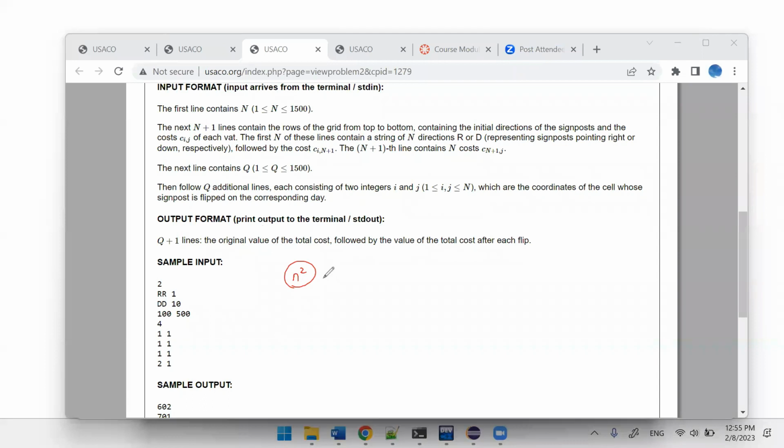If you do Q such queries, this would be too much, because n can go to 1500, Q can also go to 1500. So this can go up to 1500 cubed, which is too big compared to the threshold of 10^9. But actually, if you think about it, in questions like this one, when the complexity is too big,